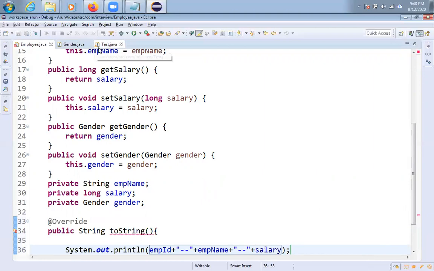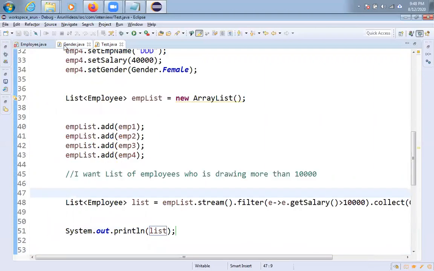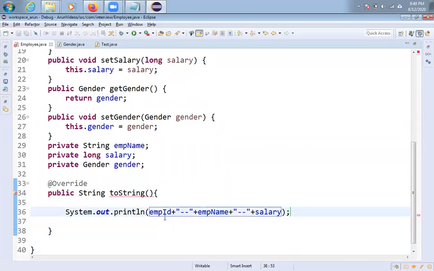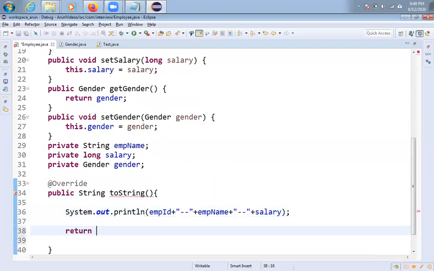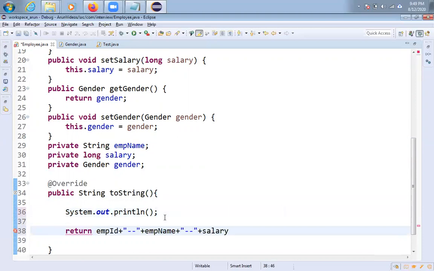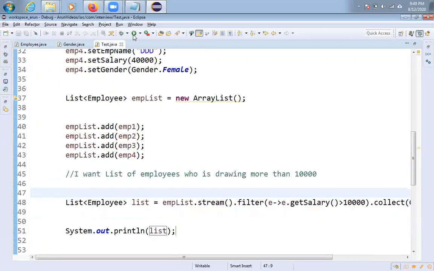Let me go to Test.java. One minute. What's the error here? Instead of displaying, you have to return it, I think. So return. That's it, friends. I'm not displaying here, just returning this one only. Let me execute this.